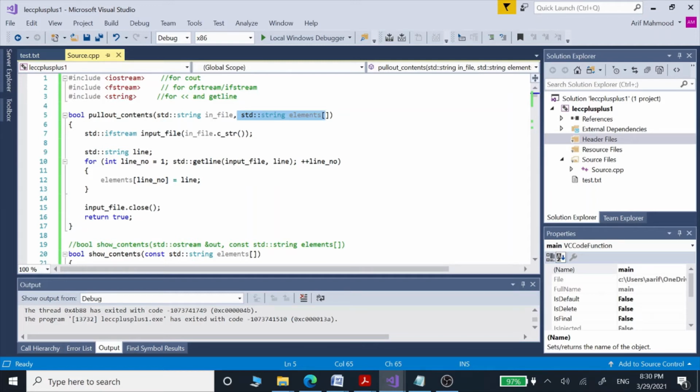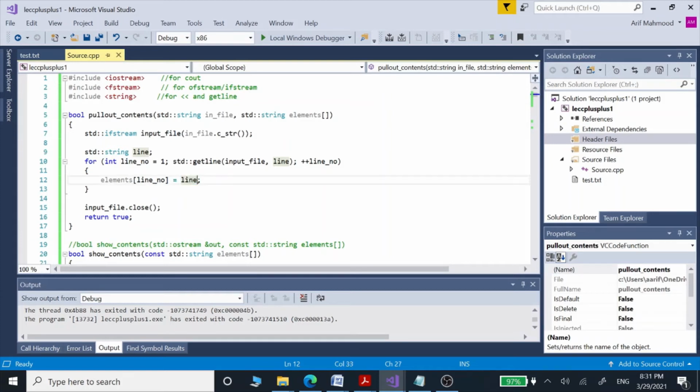And after that we are using this ifstream to open up our input file, and after that we have defined this variable line which is of type string, and we are going to use this string variable inside this for loop with this getline function. So this getline function is going to open up this input file and store those lines inside this line variable one by one along with this for loop.